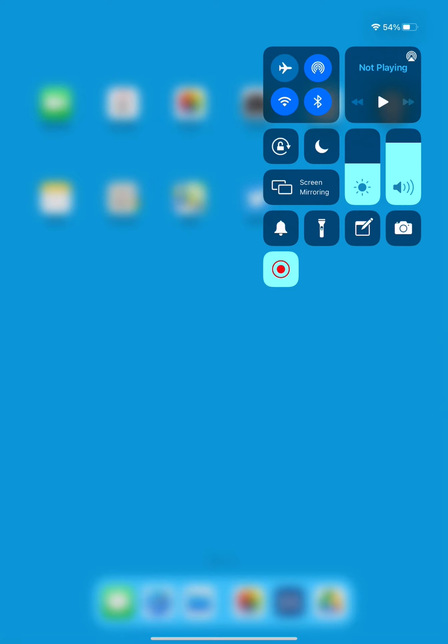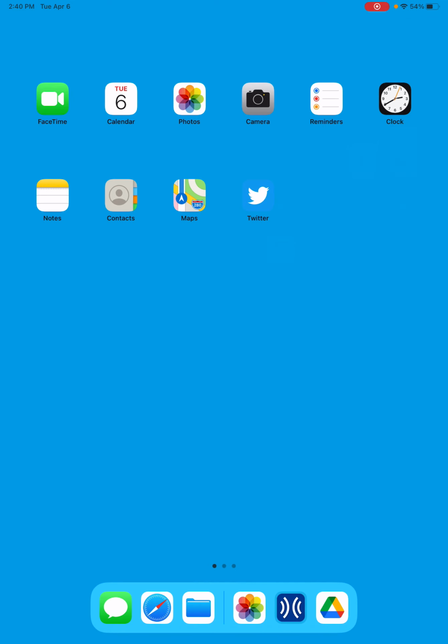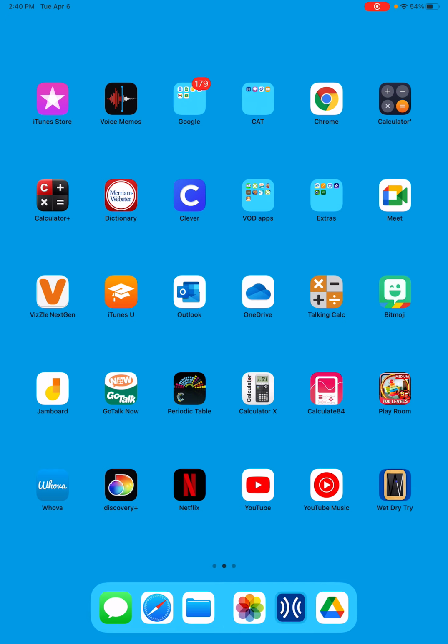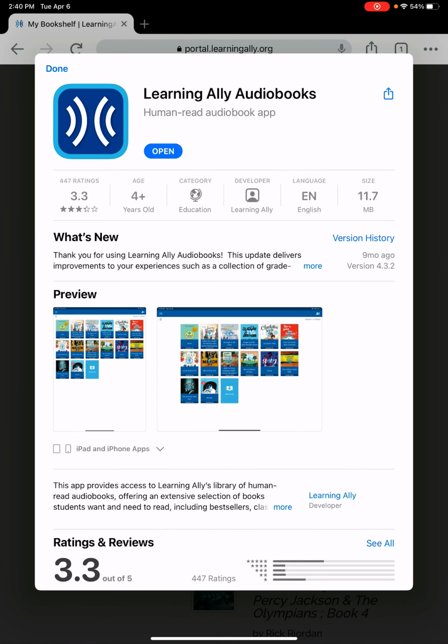We're going to be talking today about Learning Ally and how you can access it on an iPad. So, we're going to start by going to the Learning Ally website, by going to the Google Chrome browser, and